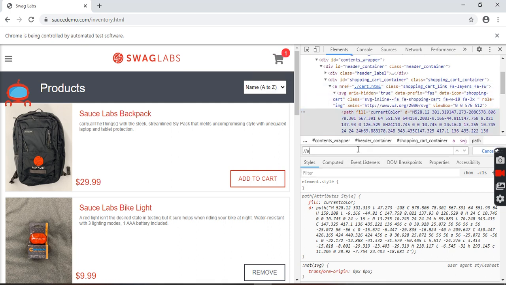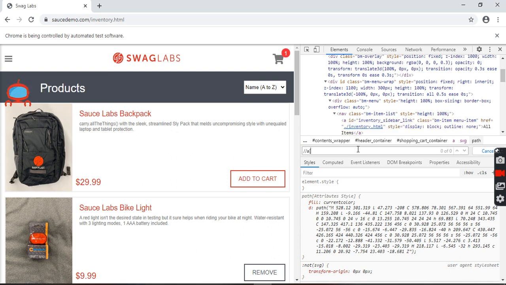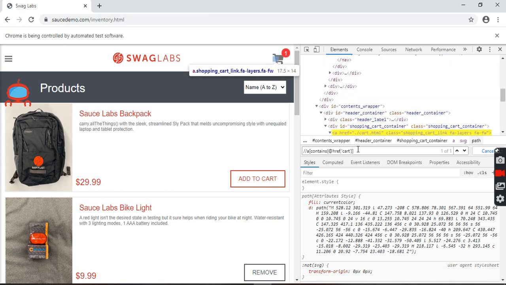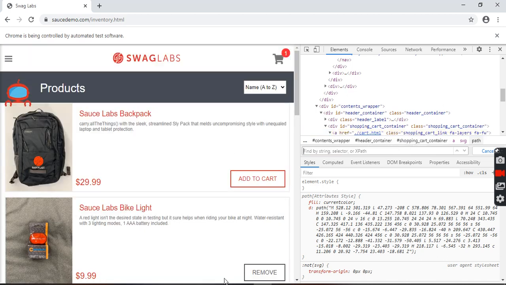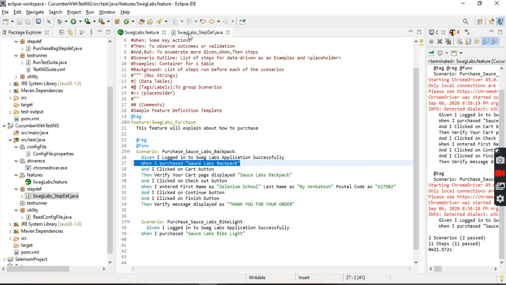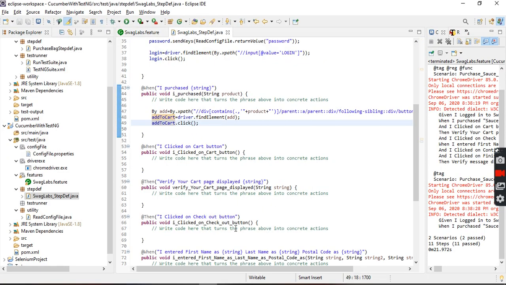A, the attribute href contains cart. So take this locator, go here.